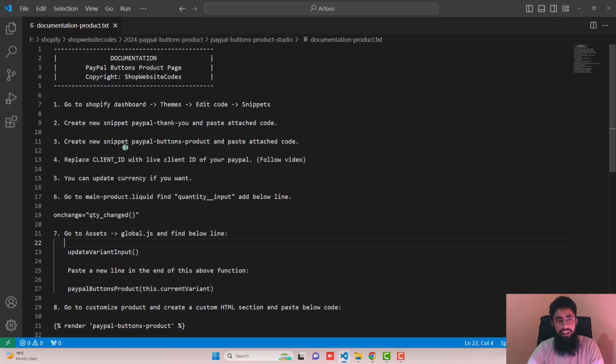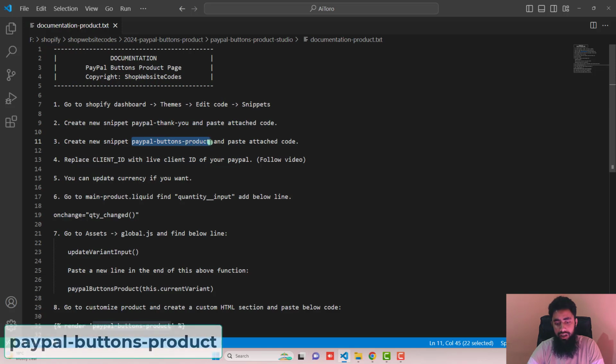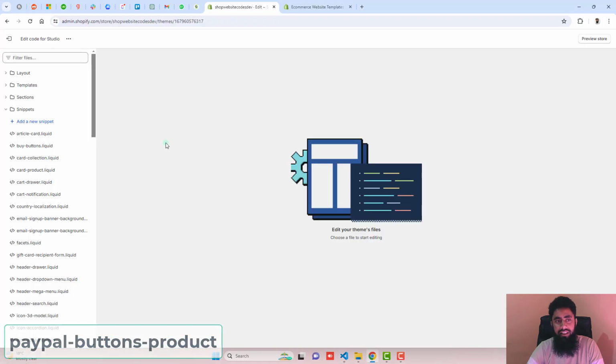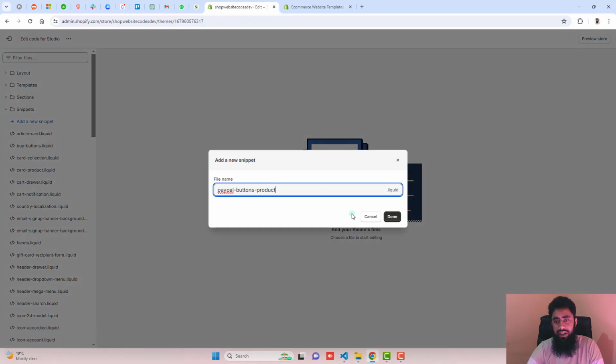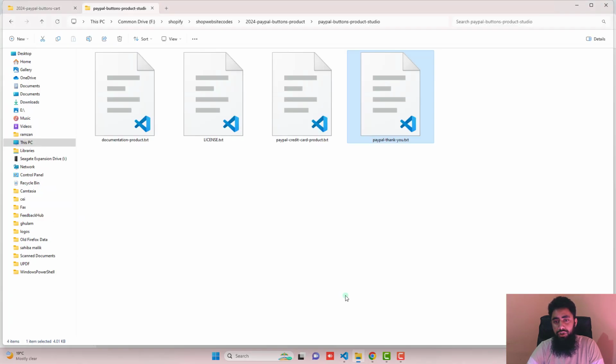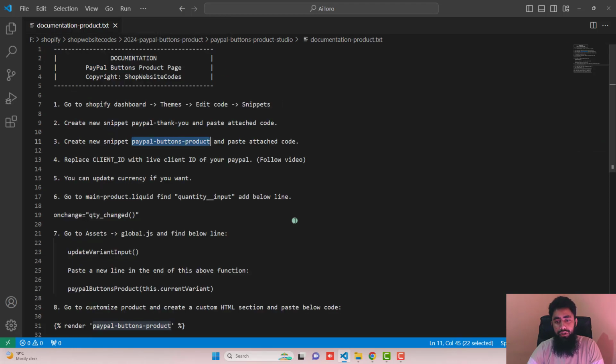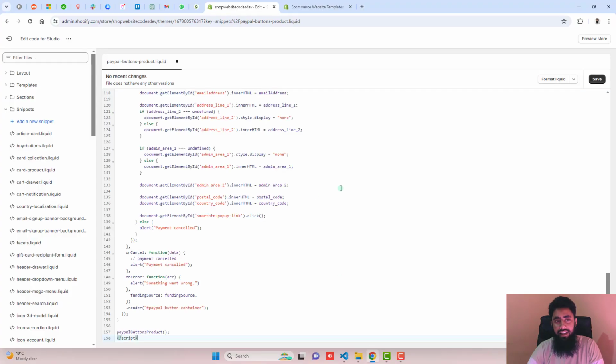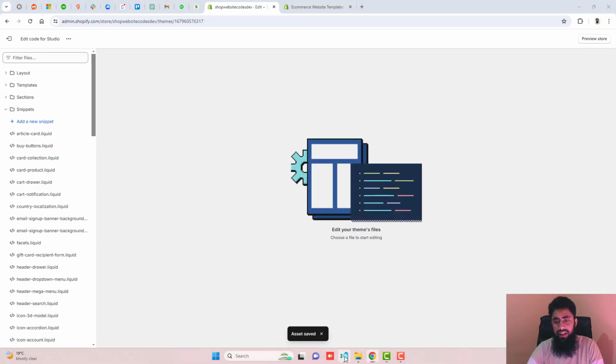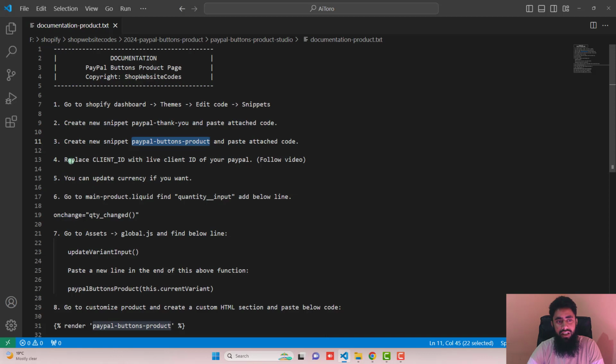Go back to the documentation. The third step is create a new snippet, paypal-buttons-product. So copy the name from here and then click on add a new snippet, paste the name here, click on done, and then you should paste the attached code, which is the PayPal credit card product code. You need to copy this complete code and paste it right here and then save the changes. Once the changes are saved, you can close this file and go back, and the fourth step is